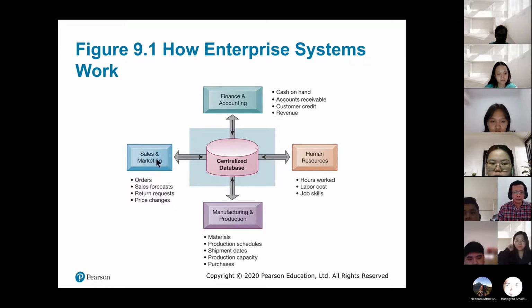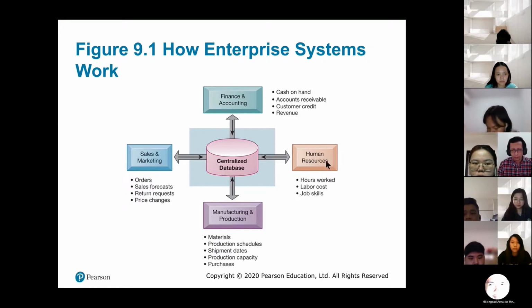Without sales and marketing having to contact the other departments here, they can find out from the centralized database what needs to be done. It's just like when you go to any fast food restaurant and the cashier enters your order, it will immediately appear in the kitchen so they can prepare it for you.